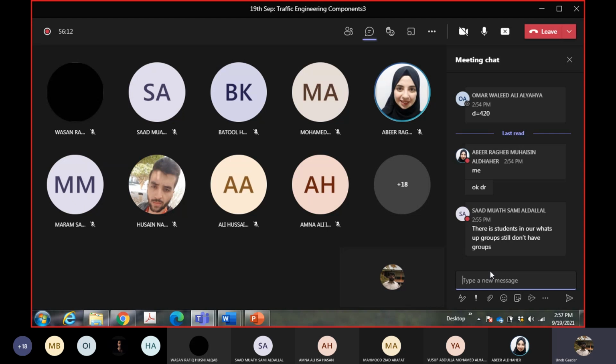Like I said, students who have already made the groups, you can also add Abir, or there's another student from the other section, his name is Abdullah. You can add him or her in your group, and you will have an extra set of hands to work with. It will not increase your project group work. Just suggestions from me. I'm not forcing anybody to take anybody in the group. It's in your own benefit.